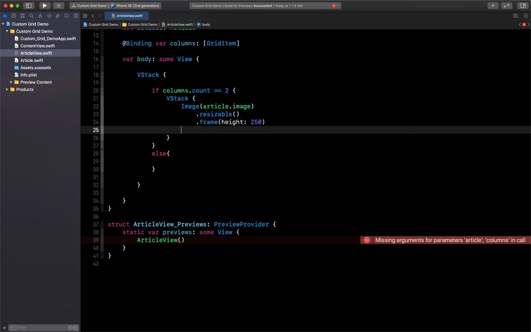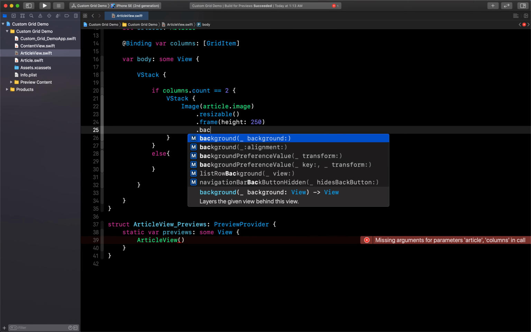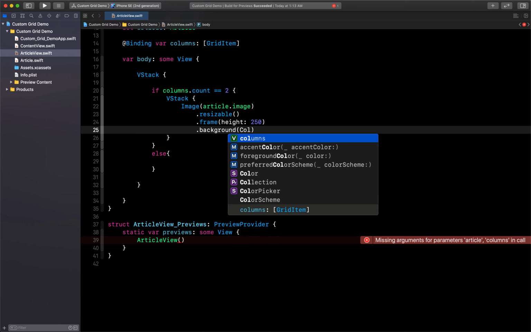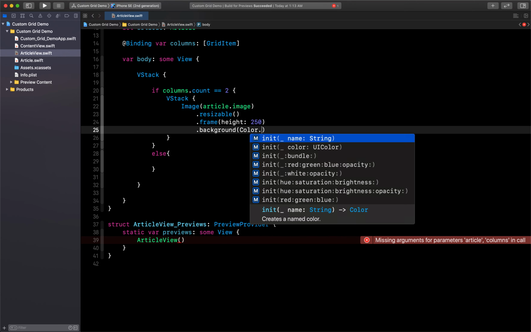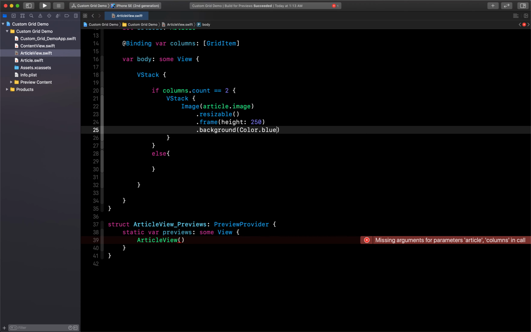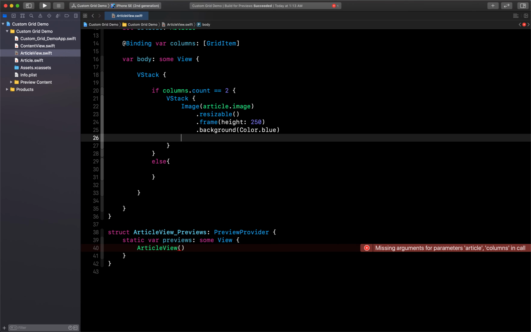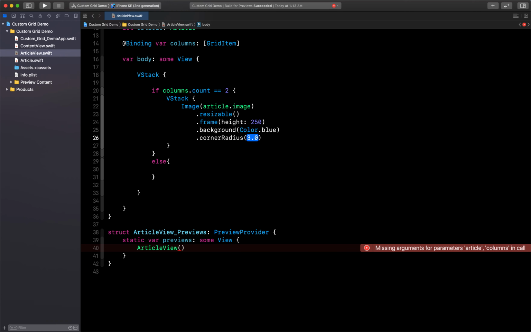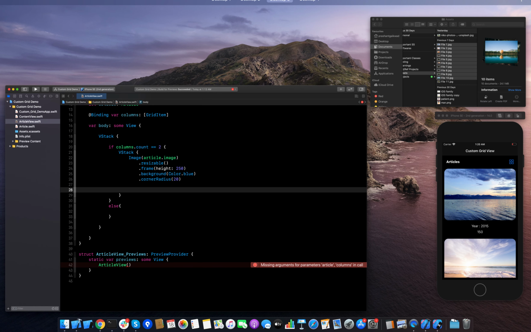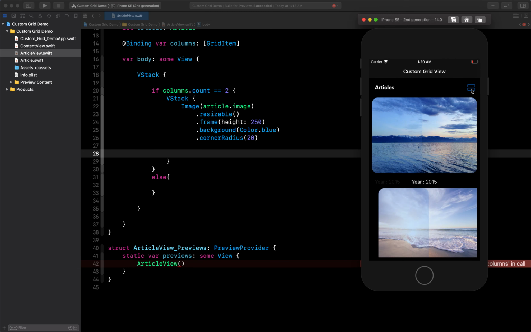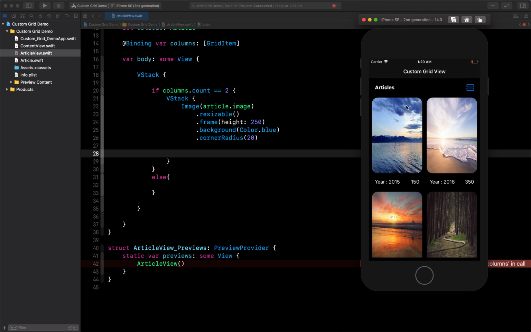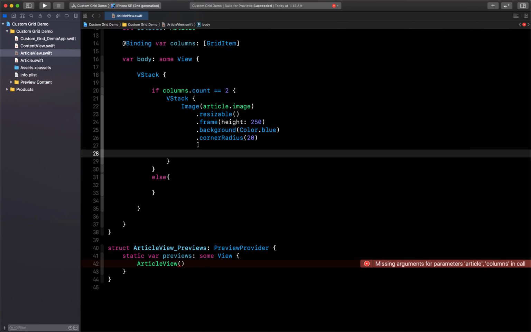Then after this we will give some background color. Let's say Color.blue. And at the last we need to give corner radius, which will be 20. So now what we have done is we are currently building our view for this type of view where we have added one image and some corner radius also. Now we have the image. Now we need to add these two texts horizontally. So let's create an HStack,